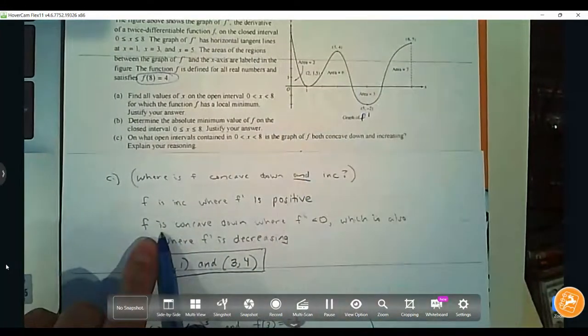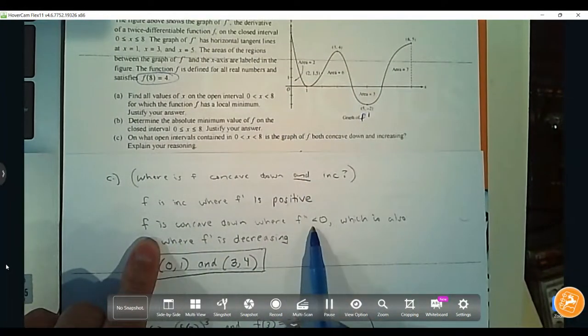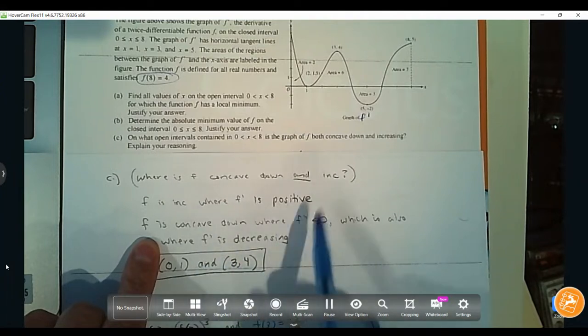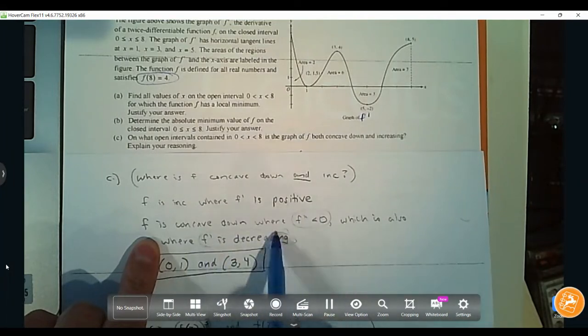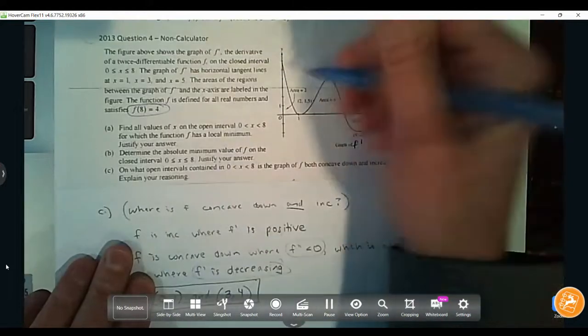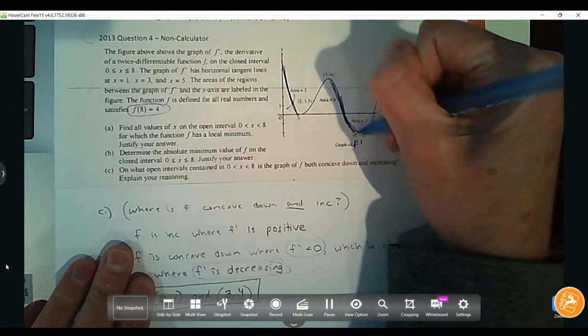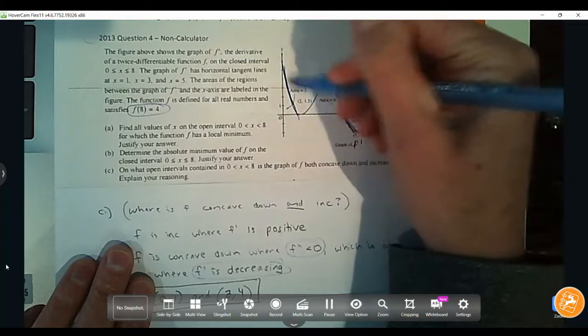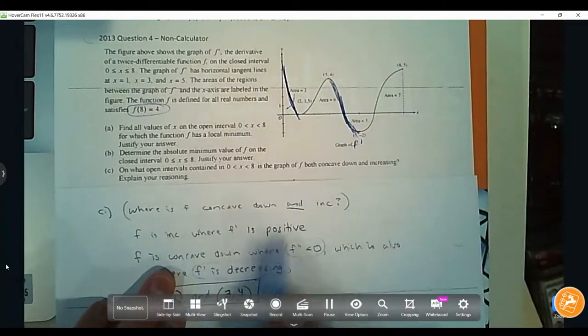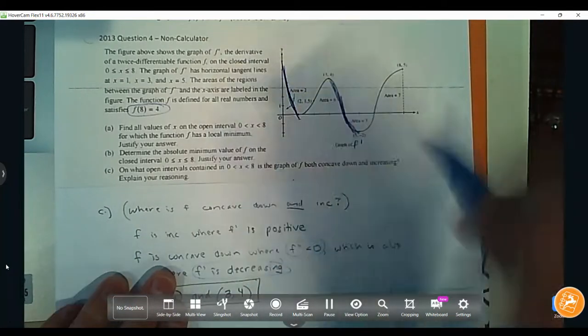And then for f to be concave down, it's where the second derivative is negative, but if you don't have the second derivative, you can use where f prime is decreasing. These are basically interchangeable. So if we look at this function, f prime is decreasing here, f prime is decreasing here, and that's it. Now, if we want the function to be concave down and increasing, then we don't want